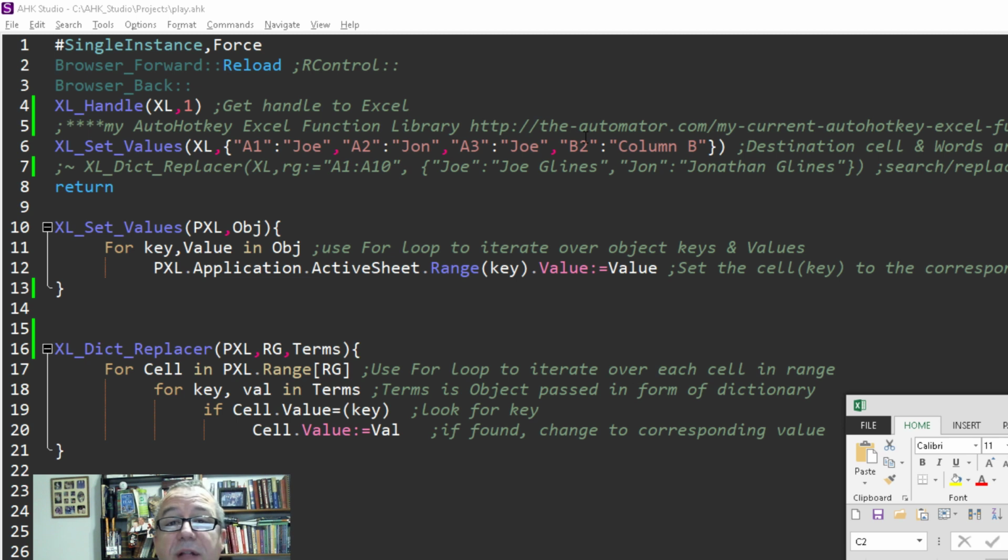So it's super easy. If you have a lot of values you want to set and you don't want to keep doing them individually, this function allows you to put in key value pairs to set values, at any cell you want. And then I actually planned this out. So let's say,